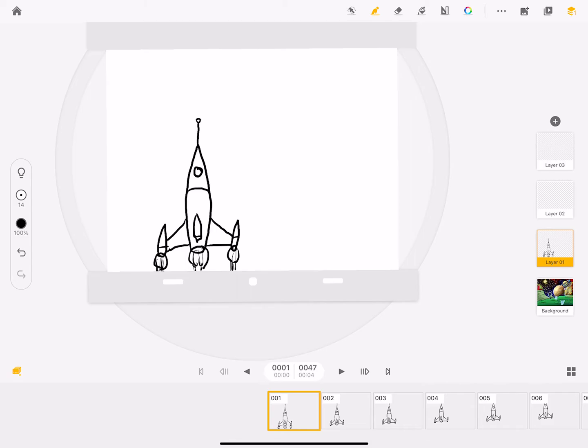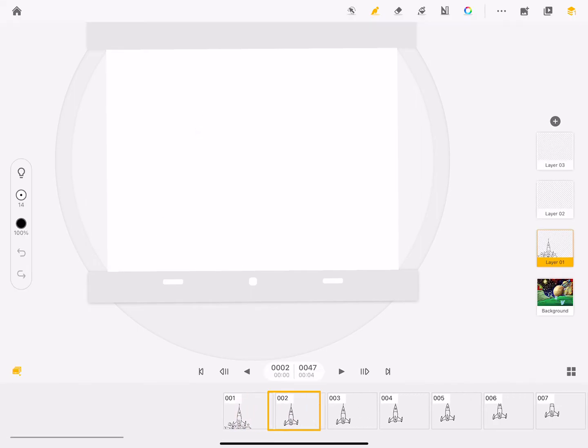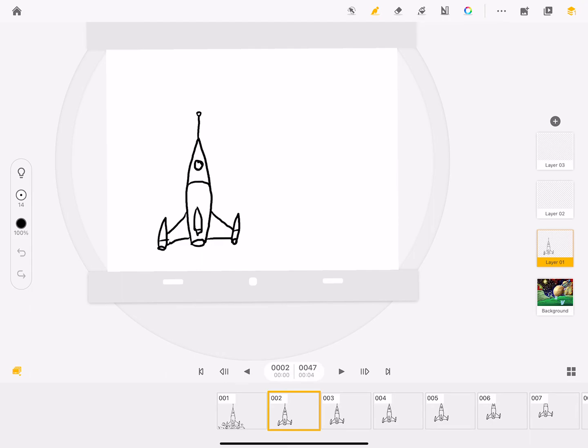And you're going to want to do your smoke. So your smoke is just going to start off as kind of just billowy. Don't forget to do a little bit of smoke with the blast off. So each time, you could turn on onion skinning and try to match it. It's going to sort of roll off